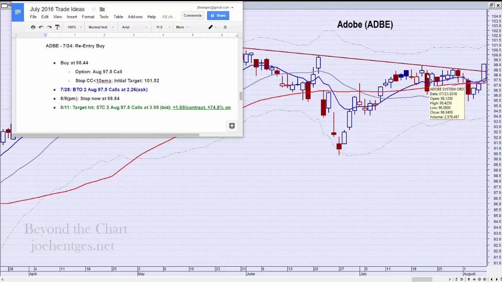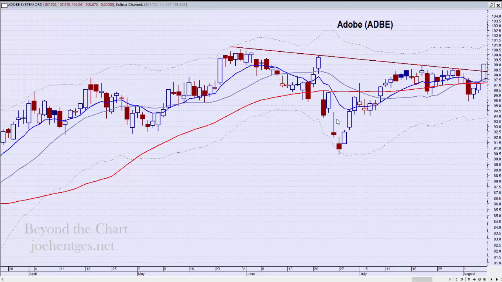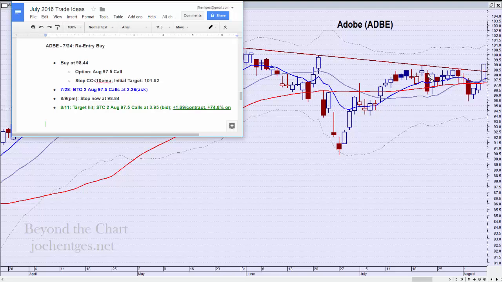I was looking for an entry at the break of this high. I really thought this was going to go, and I actually thought that this was starting to set up some kind of a continuation head and shoulders pattern. Anyway, we had this trend line across these highs in here. So we were looking for an entry at 98.44. Okay, and you can see the high here was 98.425,